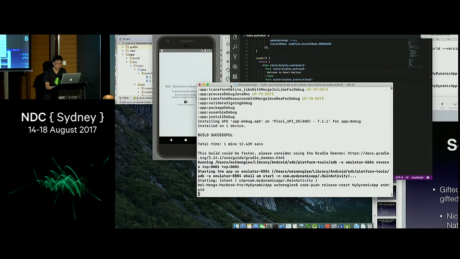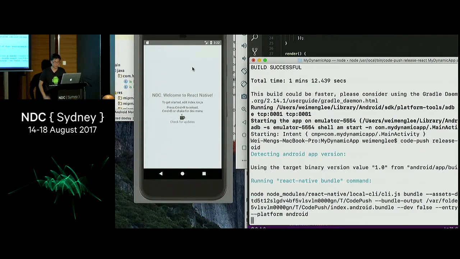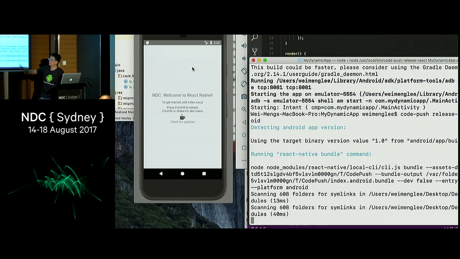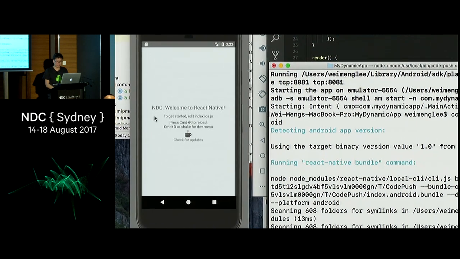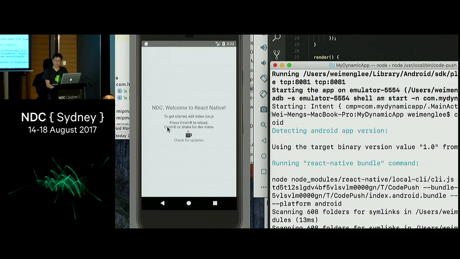And my code would now be pushed to CodePush. So it will do the processing, the packaging, upload this to the CodePush server. And what I have here on my application is a button to allow the user to check for updates. So